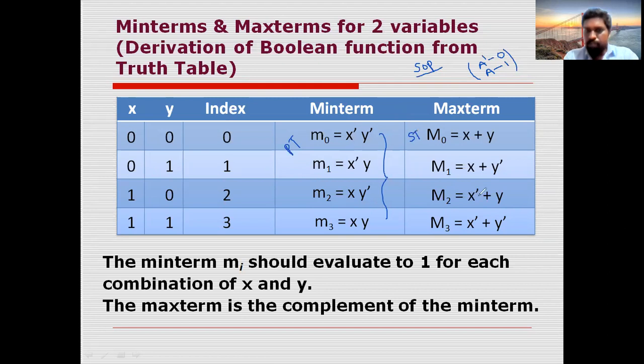What are the POS assumptions? The reverse of this. A bar is taken as 1, and A is taken as 0. So these are the assumptions of POS. By using these assumptions, you can make these 4 answers. Okay. Next.